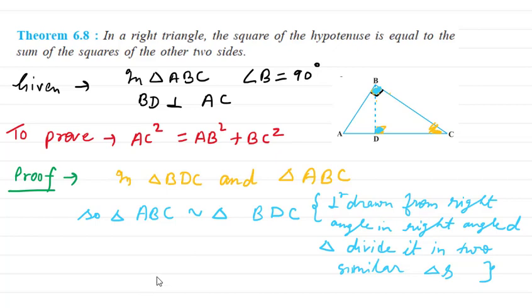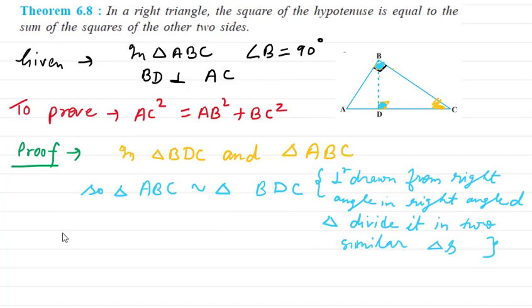So here if these two triangles are similar, then the ratio of their corresponding sides will be the same. Okay, so we will use that one. So you can write therefore, opposite to 90 degrees, which sides we have? In the bigger triangle opposite to 90 we have AC, and in the smaller triangle opposite to 90 we have the side BC. Okay, so we will write AC by BC is equal to,